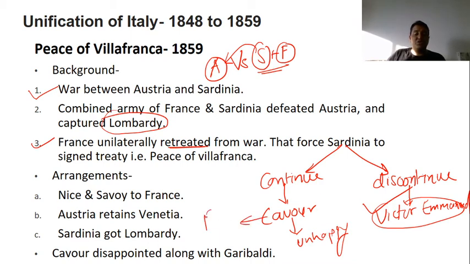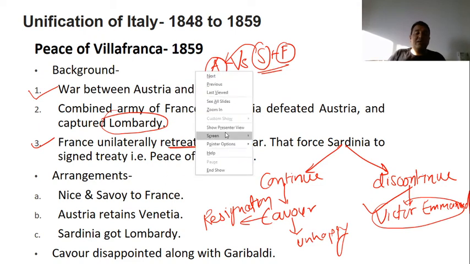Because over this issue he gave resignation. Victor Emmanuel said, it's okay. If you want to resign, just leave it. Because he knew that Cavour was right now angry. Cavour's intention is noble, but he is not visualizing the practical thing. So that's why he didn't pay that much attention towards Cavour, but he was firm with his idea of discontinuation of war, and that discontinuation of war leads to